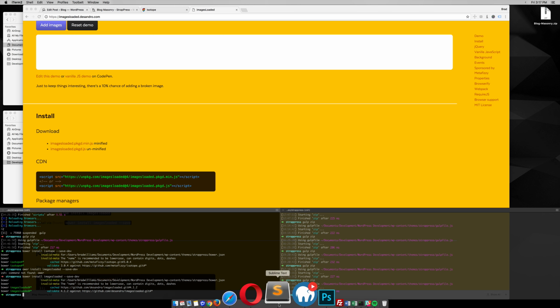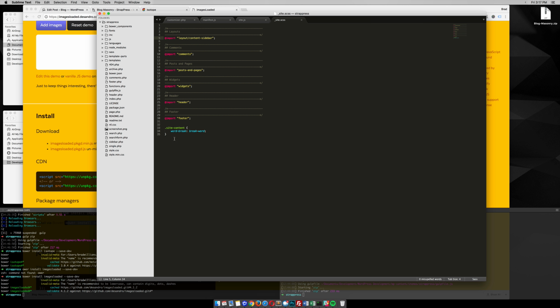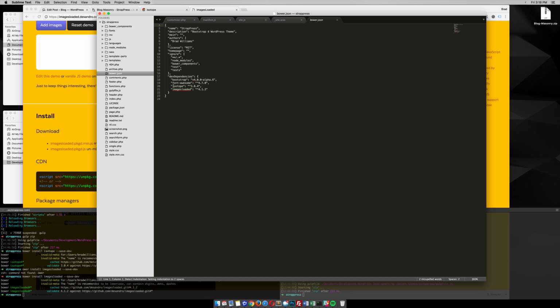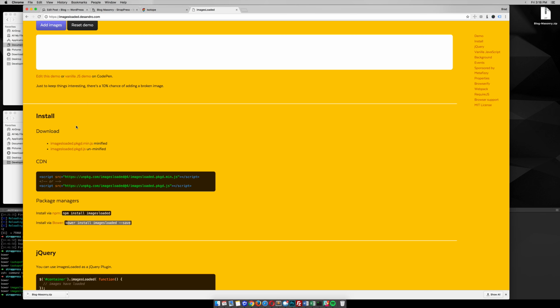Alright, got those. So if you look at your theme files, and you go to your bower.json, you'll see that isotope and image loaded is now installed. Also, if you go into your Bower directory, you'll see that image loaded and this fizzy isotope is now installed as well. Alright, so now we can unzip these files,